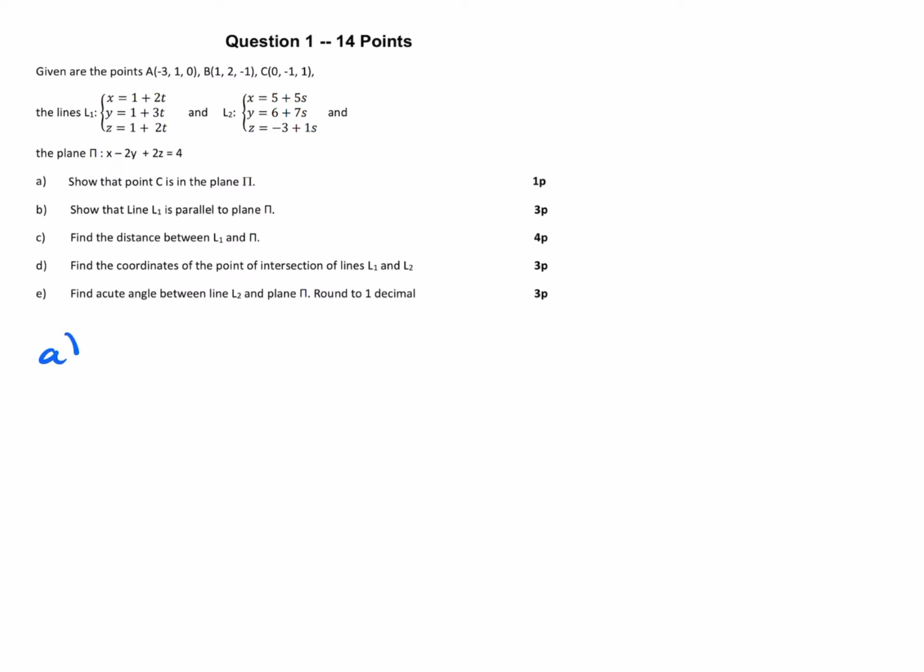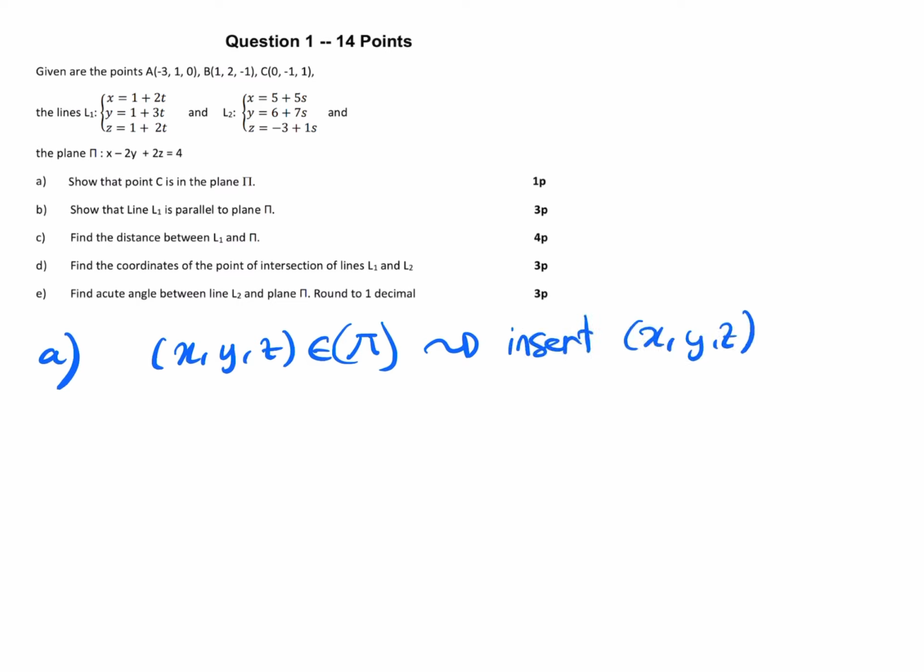Question A says, show that point C is in the plane pi. We know that when a point x, y, z belongs to a plane, that means that when we insert the point x, y, z in the equation of the plane, we need to get something that is true, which means that if our plane is x minus 2y plus 2z is equal to 4, and we insert the coordinates of